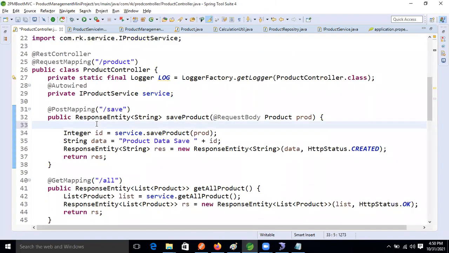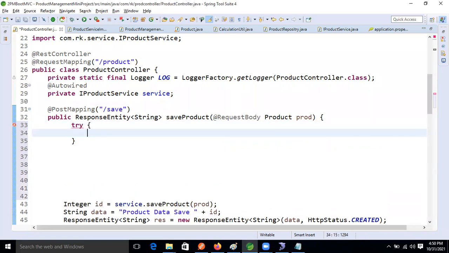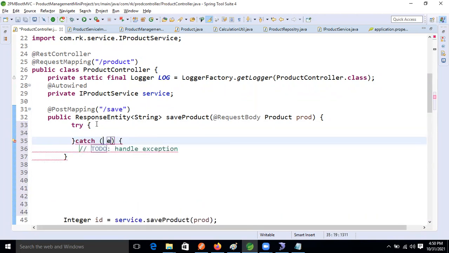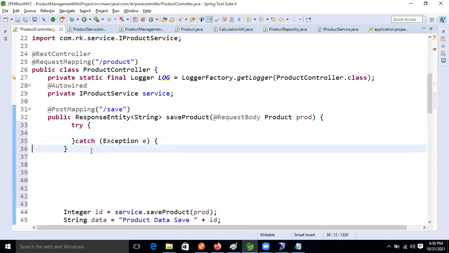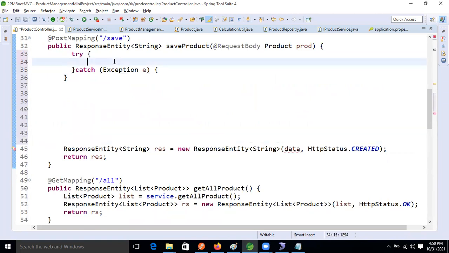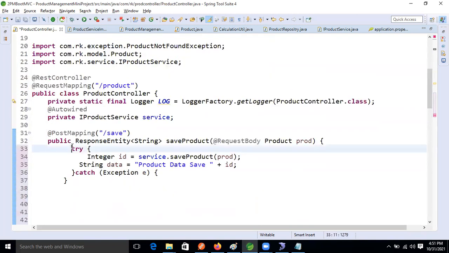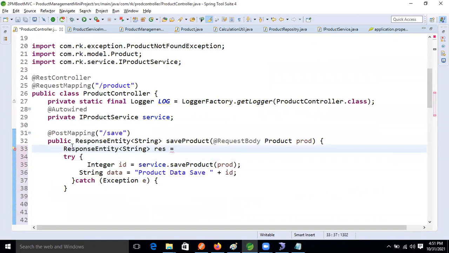So this is the save method. What I'm doing is, here, try, copy and paste. Catch, let it be Exception. Copy this one and paste it here, equal to null.